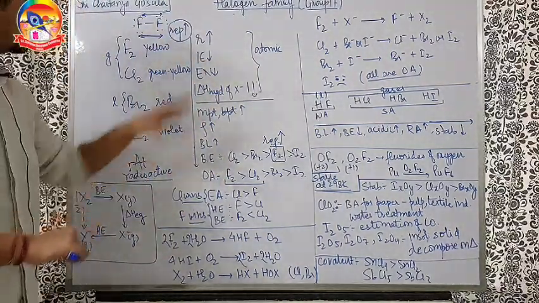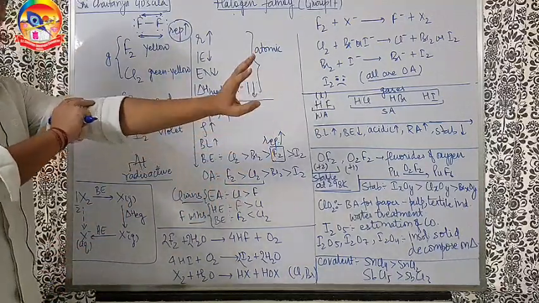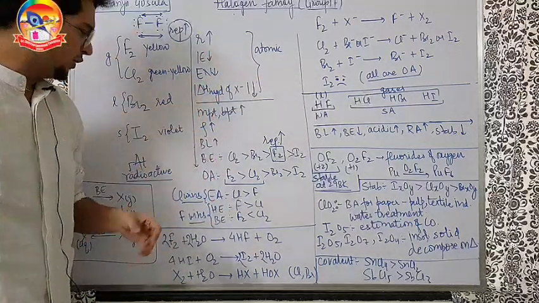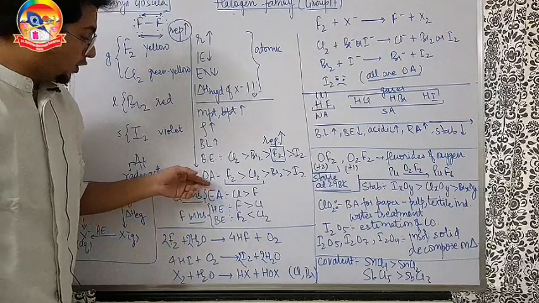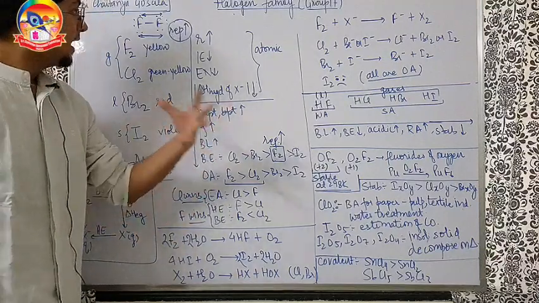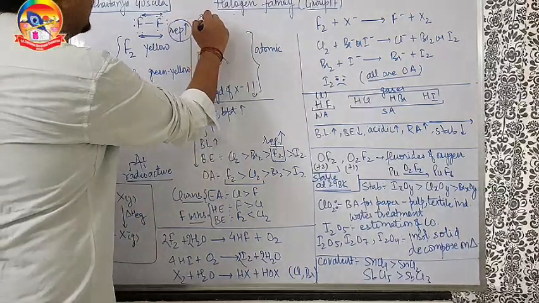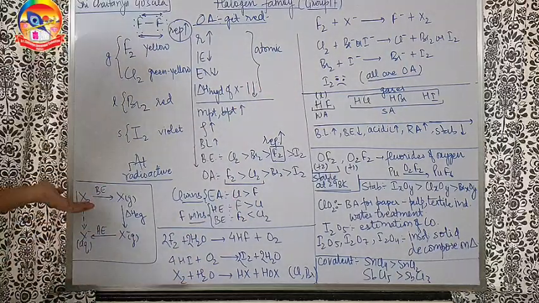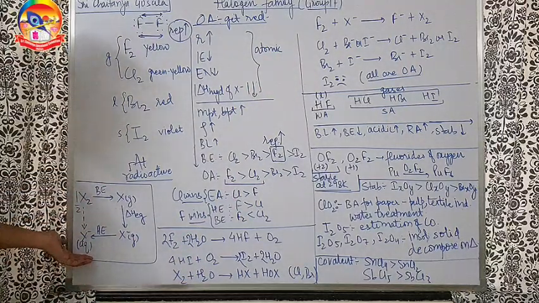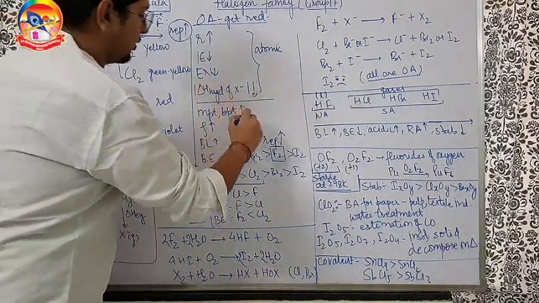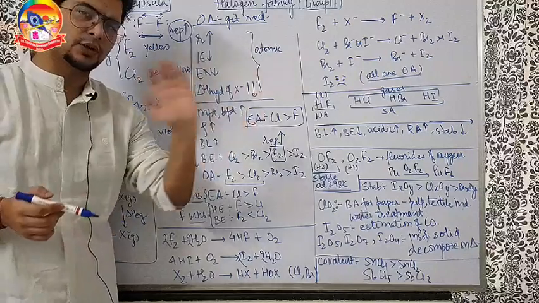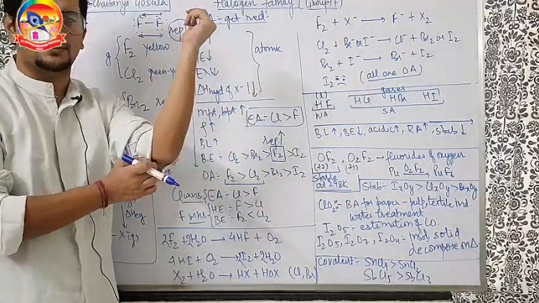Carrying on, electron affinity, I think I have discussed already in the previous group. In the nitrogen family and the oxygen family, I discussed all three. So I'm not going to touch that again. You can see that video and you will get acquainted with that. The problem is, when we talk about oxidizing agent nature, understand, if I am an oxidizing agent, I will get reduced. Reduction means, for example, fluorine wants to be an oxidizing agent, so F2 has to become F minus, aqueous. Cl2 has to become Cl minus, aqueous. Now, electron affinity of chlorine is actually more than fluorine. That's the main thing here. That's the exceptional case here. Chlorine is more than fluorine. I have discussed that earlier in the oxygen family also.